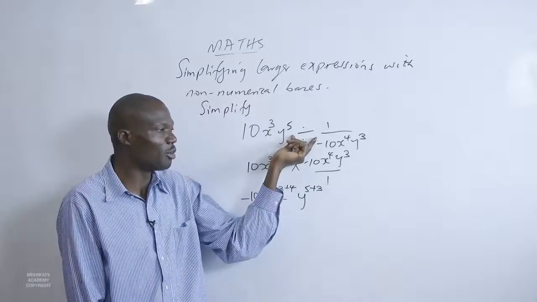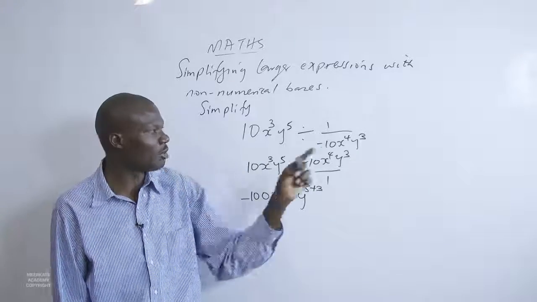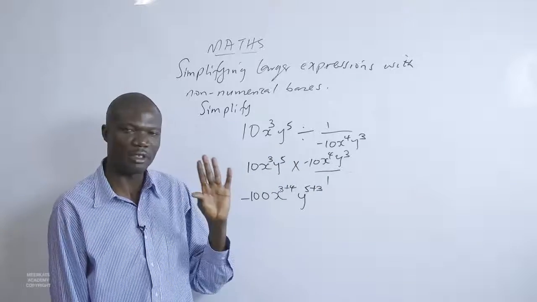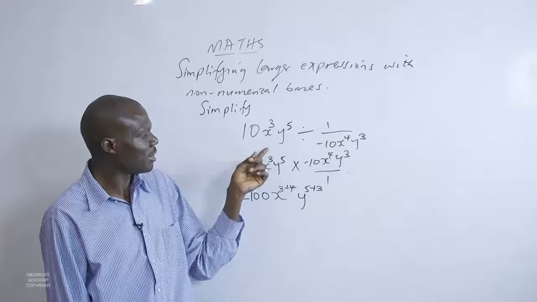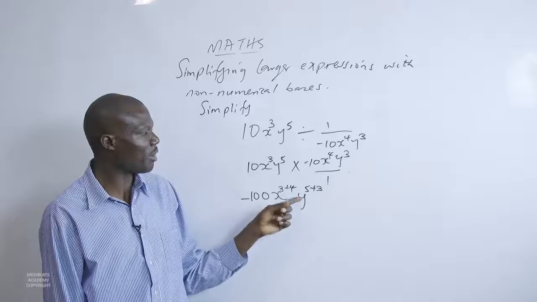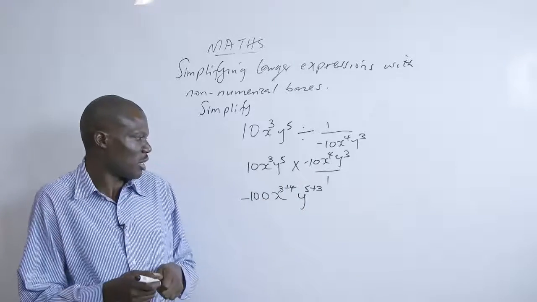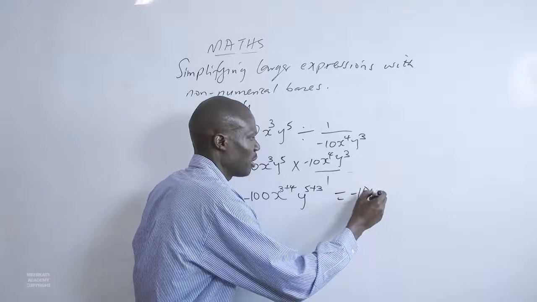No. The rule here forbids us to do that, because the moment you multiply by the reciprocal, things change. Right? So this is what we have: x^3 times x^4, and y^5 times y^3. So you can simply now conclude that our answer is minus 100